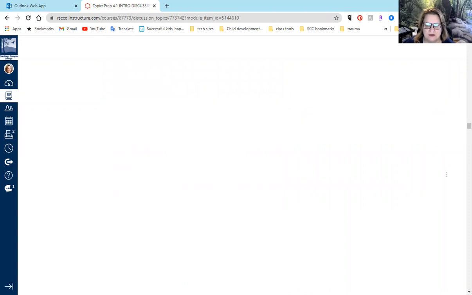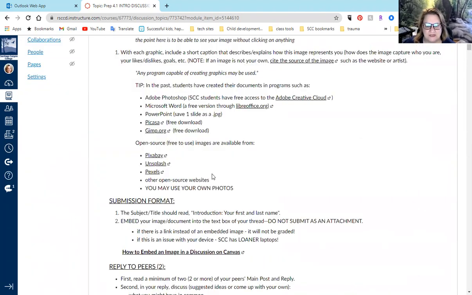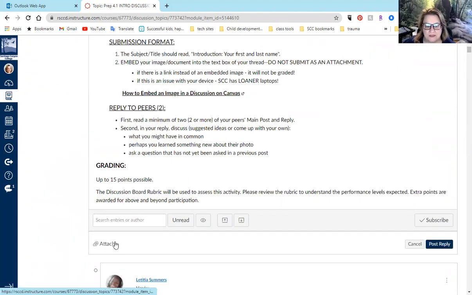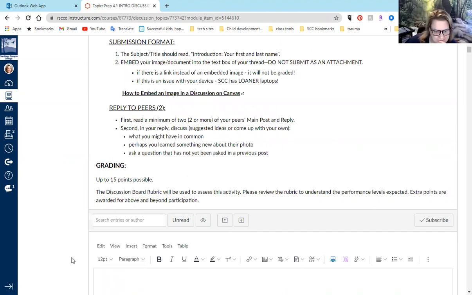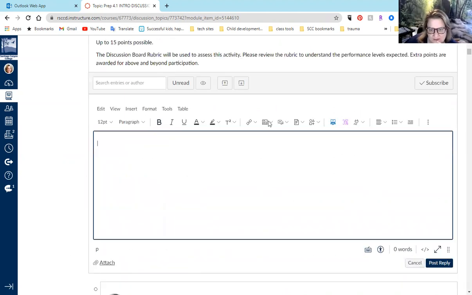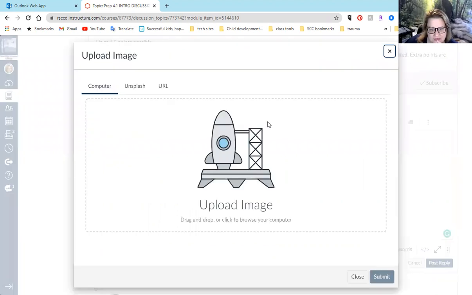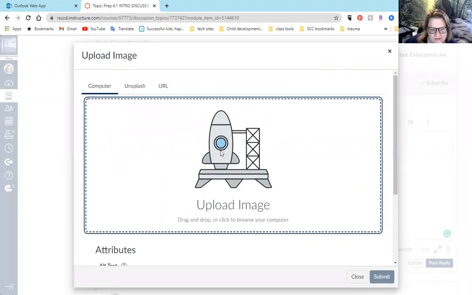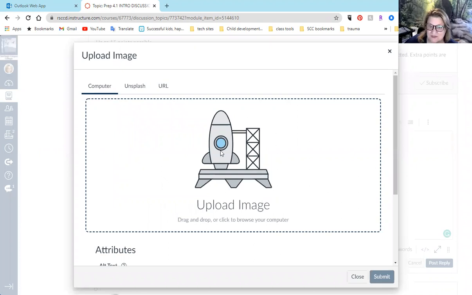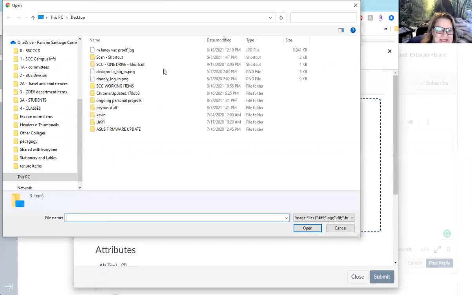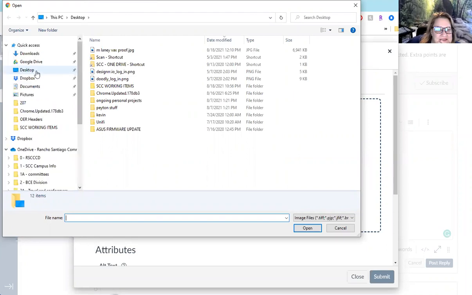You know what? And while we're here, if you're not sure how to answer, just hit reply. So, since we're doing this together, let me see if I can embed mine right now. Embed picture. Let's see. It should let me do it because I have a poster. I made a poster and it's crazy. Let's see if it's on here. So yeah, you just find the file that you want to embed versus just make a link. Where is it? Let's see if it's here.